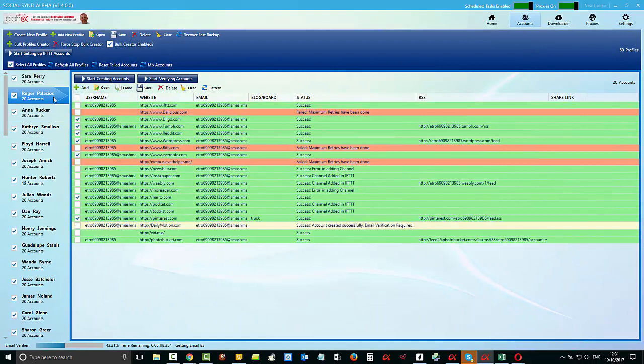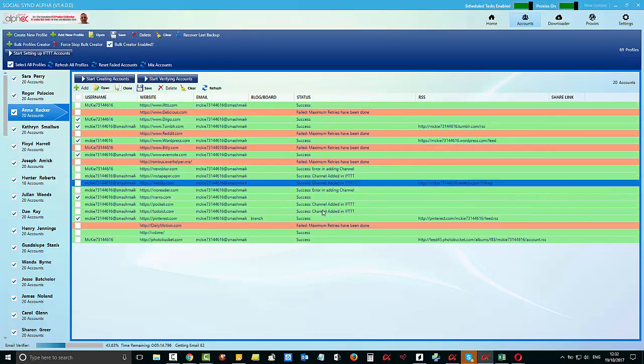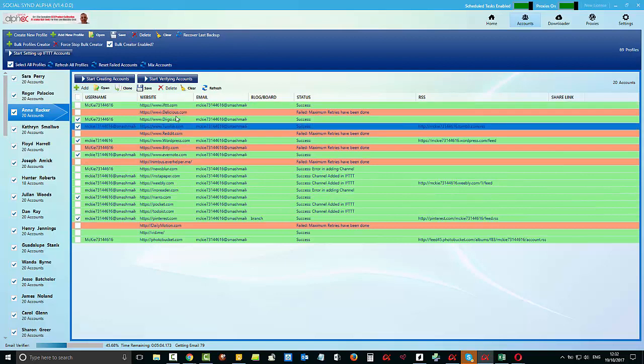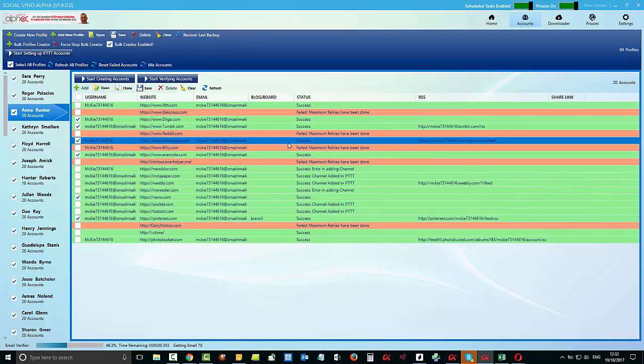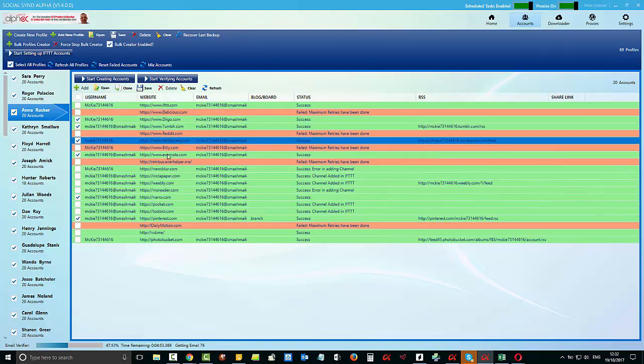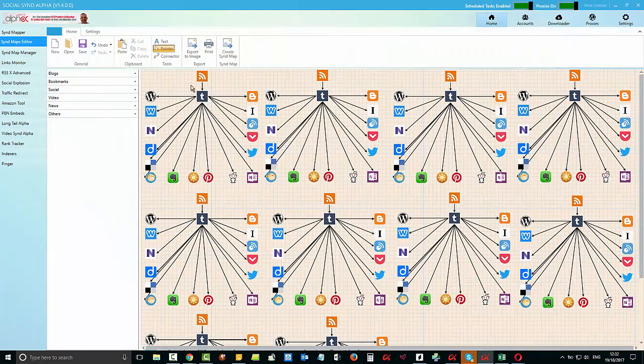accounts in bulk, and any that fail we can click to reset the failed accounts and try them again. It will make 3 attempts each one more time, and we can also click on mix accounts after we have done that, and that will mix all of the accounts together. All the Delicious, Diigo, Tumblr, Reddit, etc. It will make databases of each so that it will use the next available account that may be failed within a particular profile. So coming back over here, each one of these rings represents one profile, the way we set up in the last video,